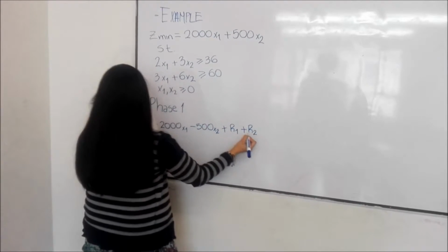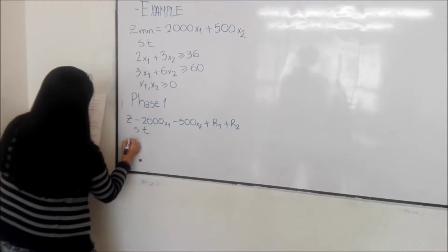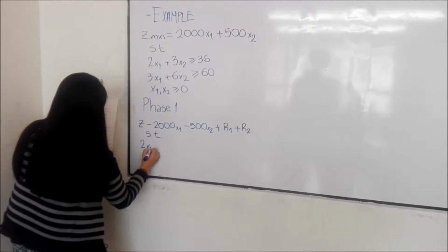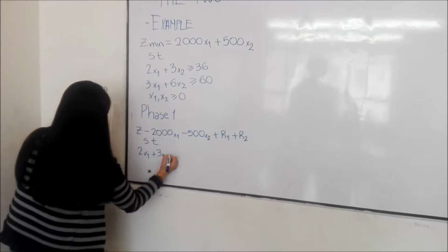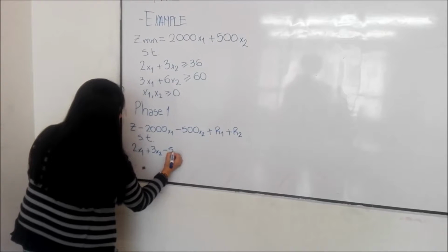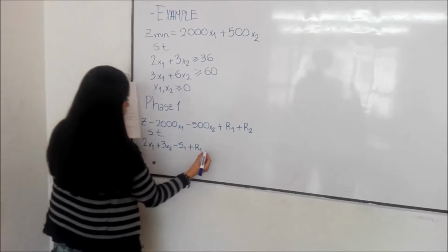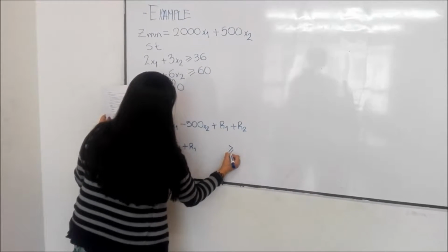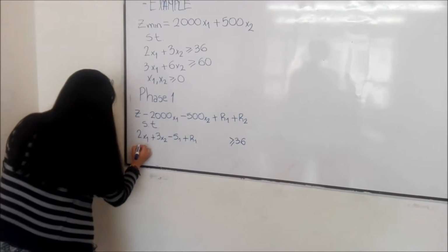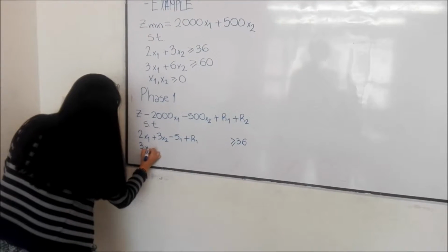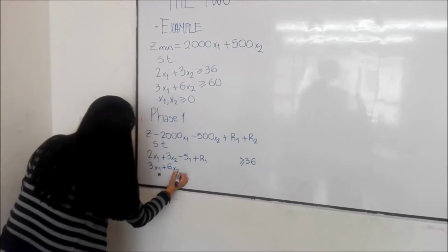The fifth step is to penalize the objective function with the artificial variables according to the rules. The rule is that when your function is minimize or equal, you must add them as is. In phase 1, x minimize equal 2000 x1 plus 500 x2 plus r1 plus r2. Substitute 2x1 plus 3x2 minus